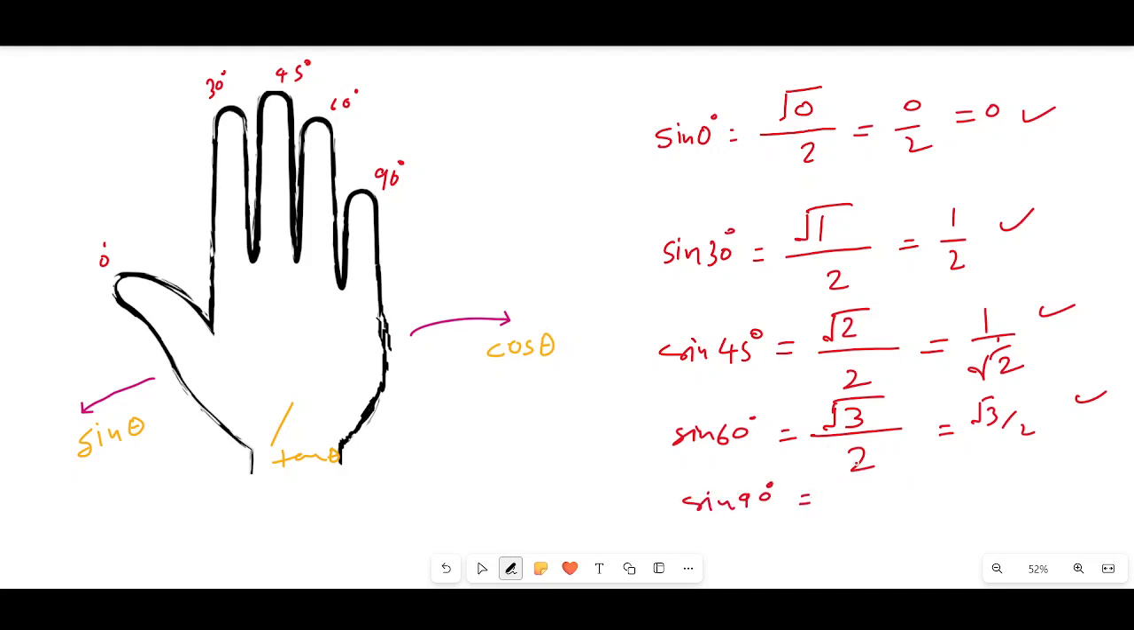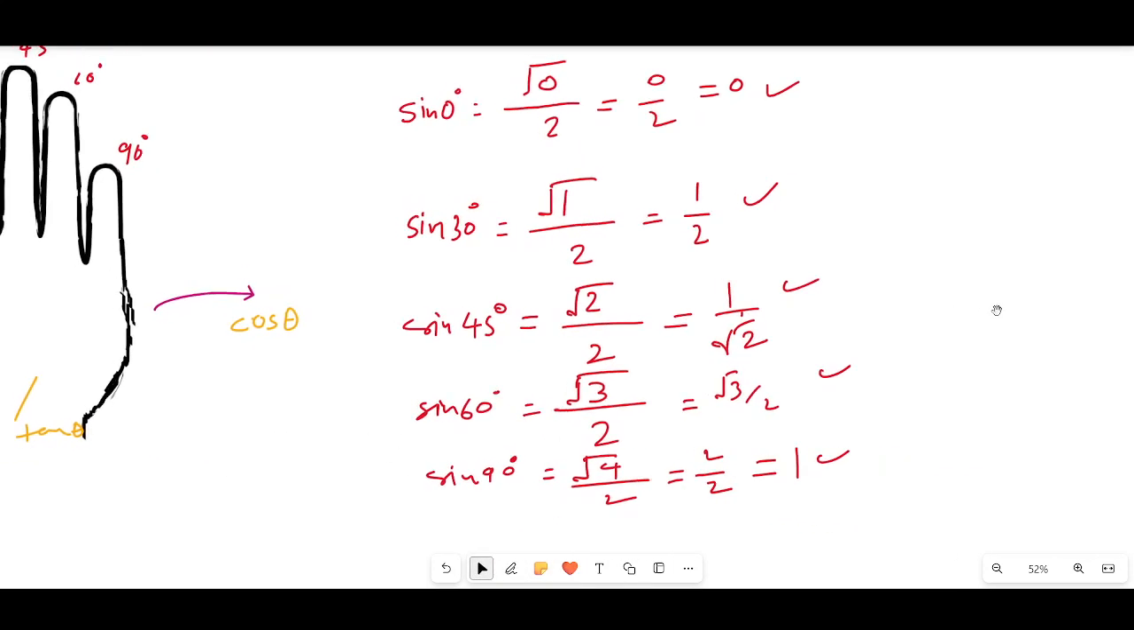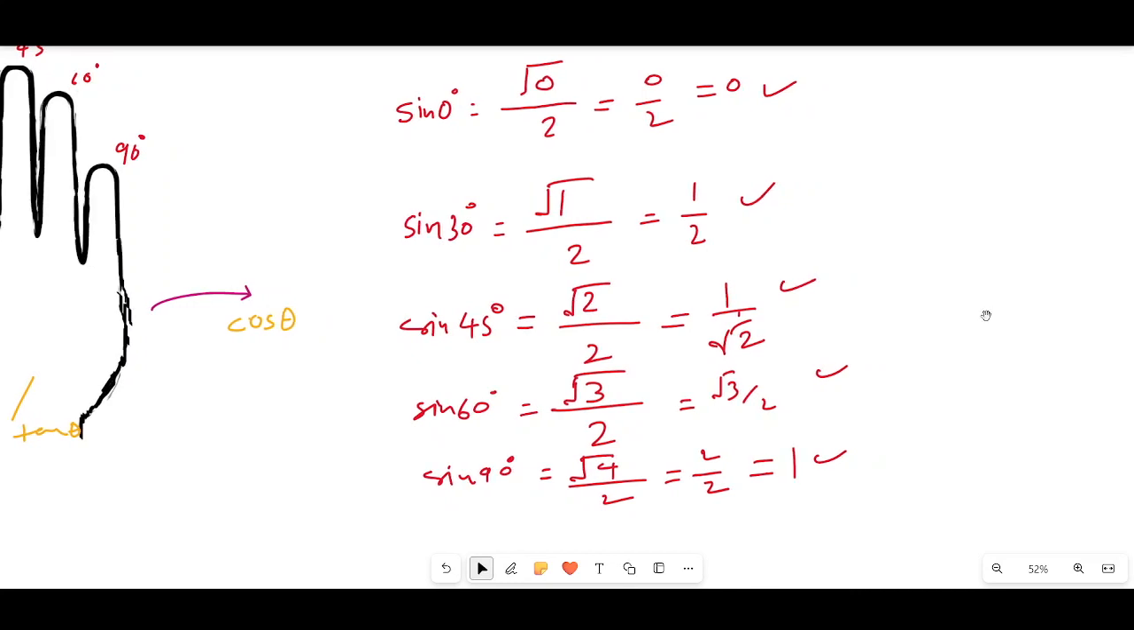Sine 90 is nothing but, that is very simple, there are 4 remaining, so we take the square root of 4 by 2, that will be 2 by 2, that will be 1. That is the way to learn. Now, in the same manner, we will be able to find out the value of